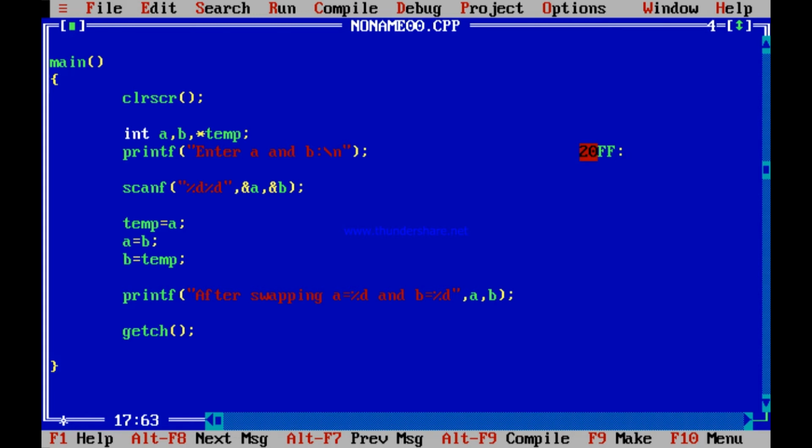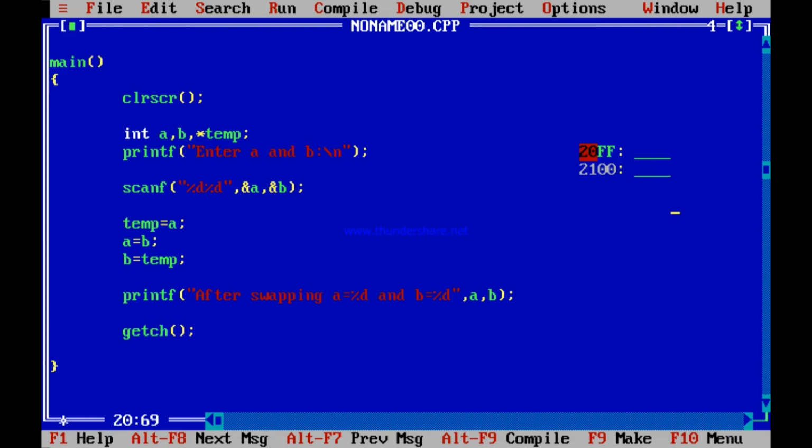Int star temp means temp is an address which can contain an integer. So say temp is 20FF, 20FF can contain an integer. That means 20FF and the next location 2100 together can contain an integer.